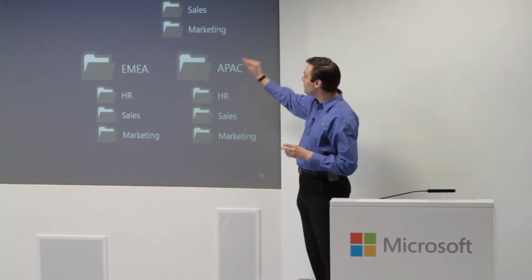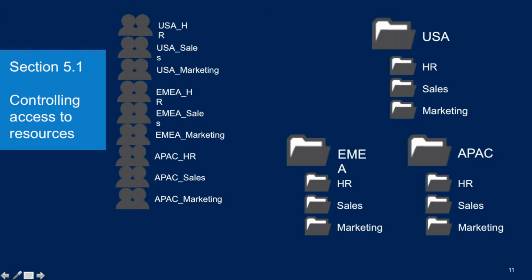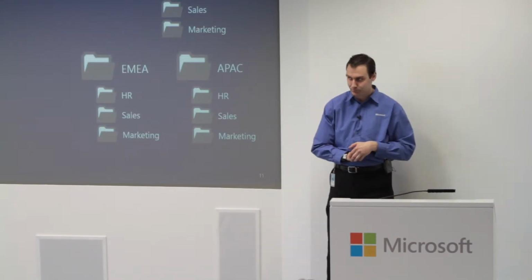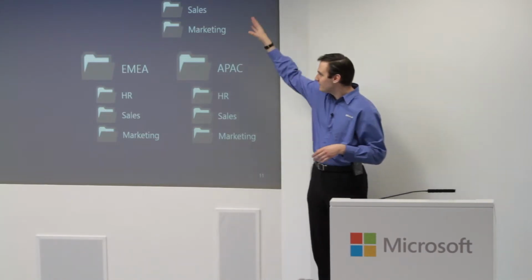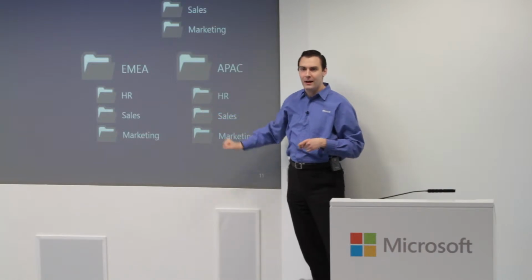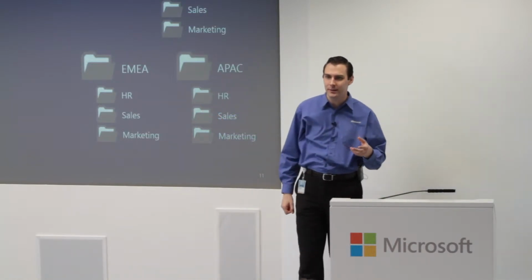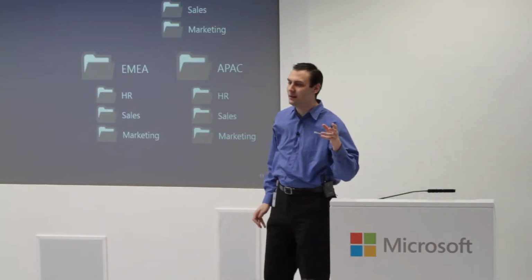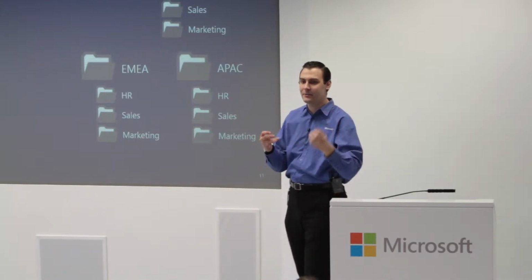Now, we're a small company with three locations, USA, EMEA, and APAC, and we have three divisions in every location: HR, sales, and marketing. Everyone has their own folder. How do you control access to these folders? What are you going to create in Active Directory in great abundance to control access to